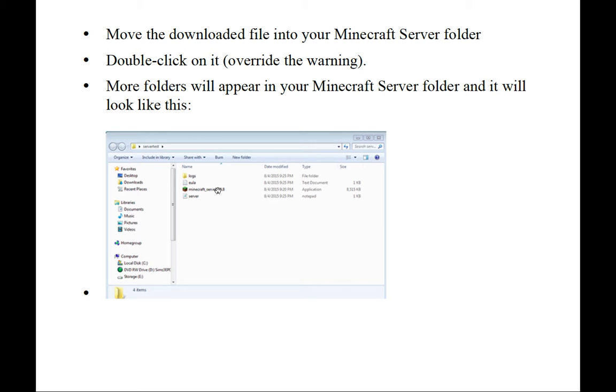When you double click on it, you'll probably get a warning asking if it's okay. You're just making sure that you know it's from an outside source, but you're going to override the warning and go ahead and okay it. And it will create a few more folders within your Minecraft server folder. So in addition to Minecraft server, you're also going to have the logs folder, a EULA text file, and a